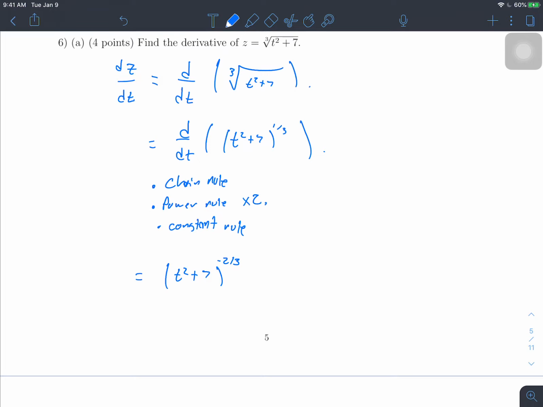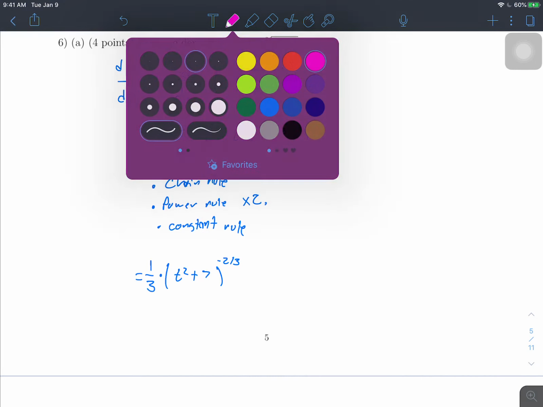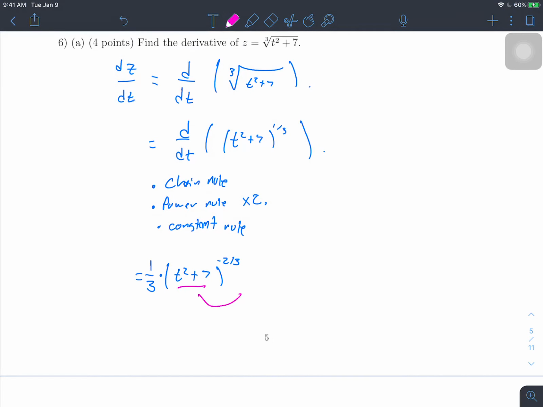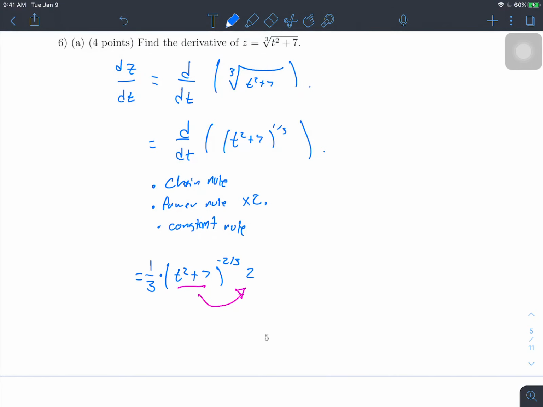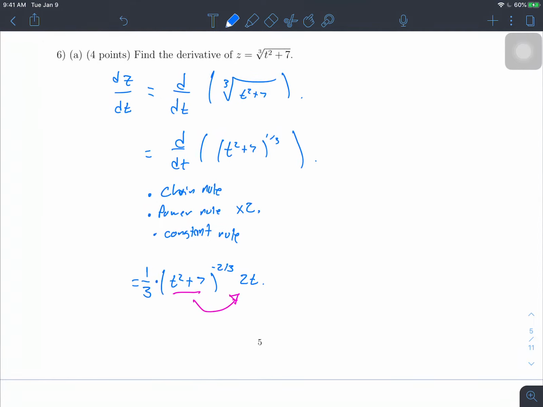And we should multiply out front by the old power. Finally, we need to chain rule out the derivative of the inside, which is 2t. And that is how we find dz